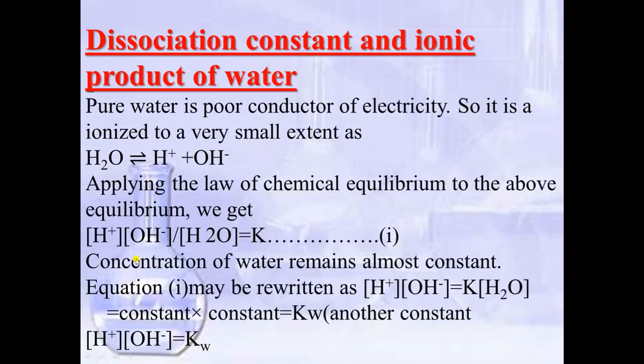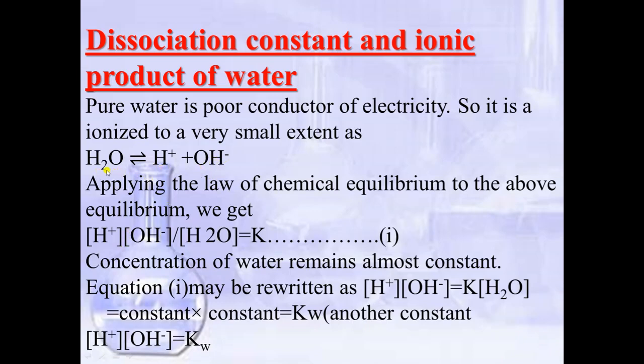So we will begin with dissociation constant and ionic product of water. Now we know that water is a weak conductor of electricity. So when water dissociates into ions, it will give a small number of ions. So here we will use this sign. Now for this equation, when we write the value of the dissociation constant, the formula is concentration of products divided by concentration of reactant. That means concentration of H positive ion, concentration of OH negative ion divided by concentration of